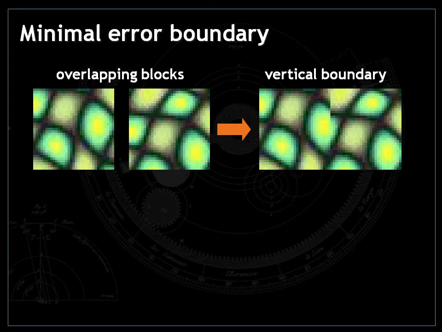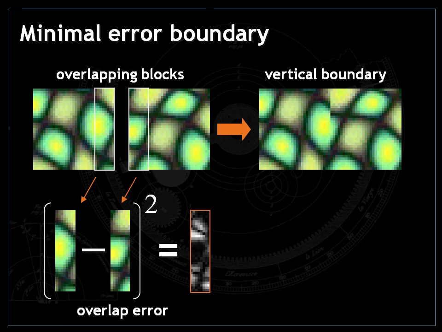If we just do it with a straight line, you see this nasty line, okay? So instead, we take the overlapping regions. We look at the error between the overlapping regions. And the error here is, where it's white, it's high error, where it's black, it's low error. So the idea is that we want to make the cut at the places where